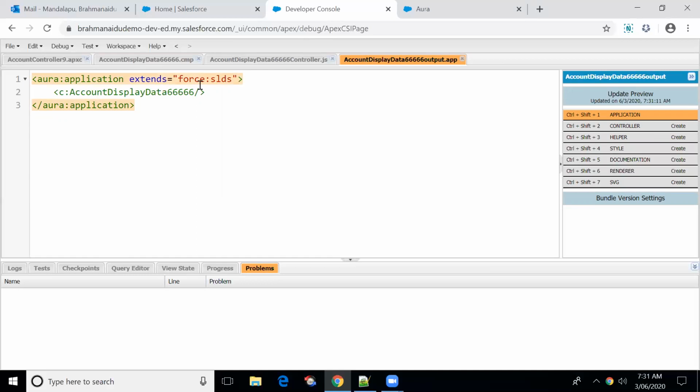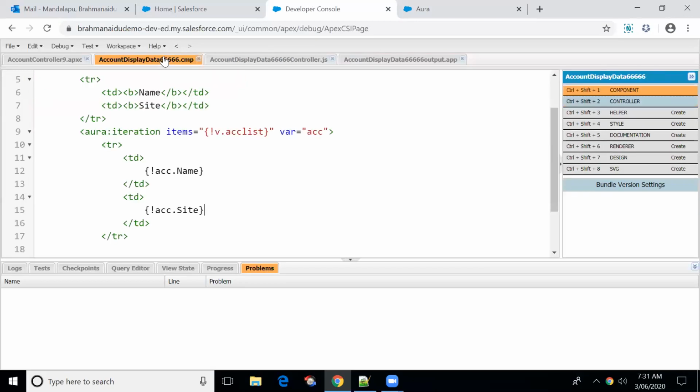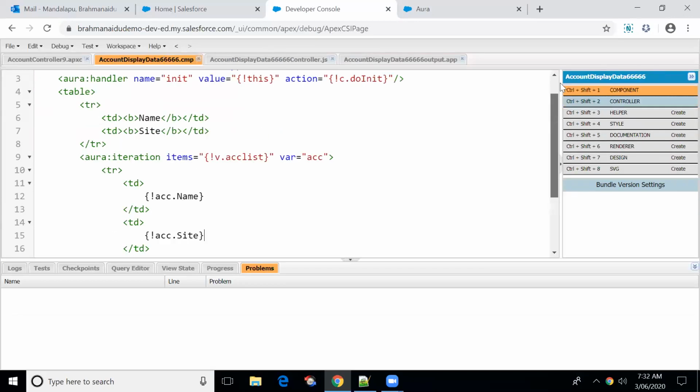Okay, so why are we getting an error? Any idea? Unable to find action display accounts. Maybe the controller. Yes, actually I didn't put the controller on the component.